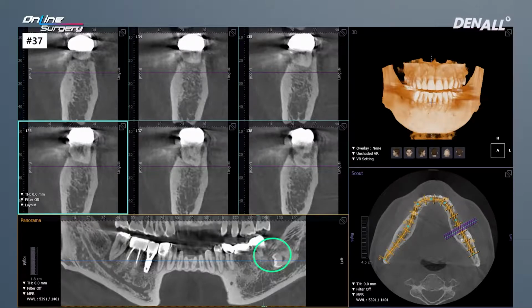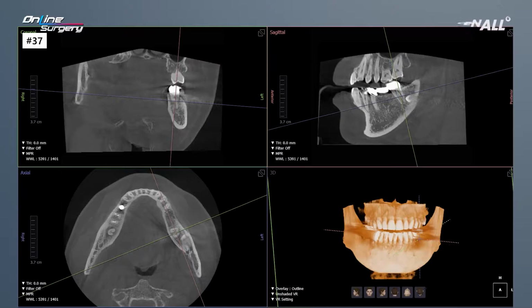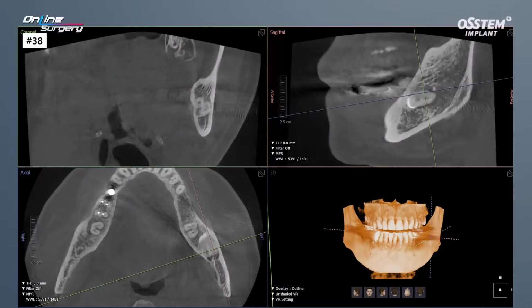When I looked further into this matter, the root of number 7 is towards the lingual, and the head of the wisdom tooth is towards the buccal. On the panoramic image, it looked as if they were in contact. However, there's no direct contact. On CT, I looked at the root of the wisdom tooth. As you can see, bifurcation can be observed at the root, and the inferior alveolar nerve is slightly